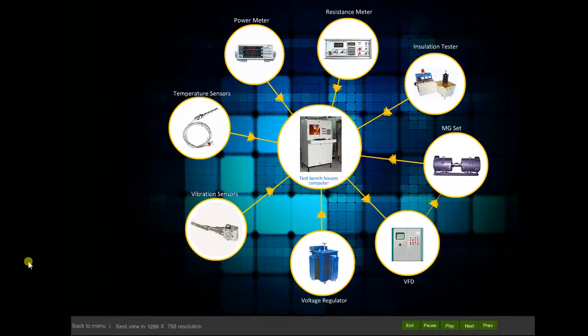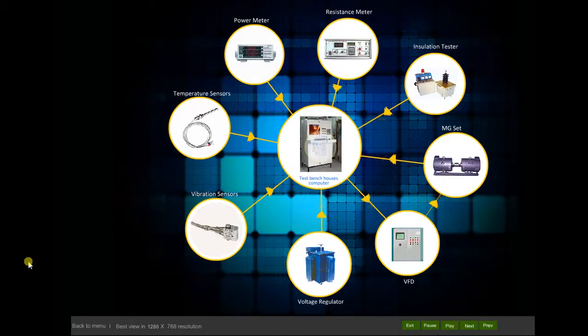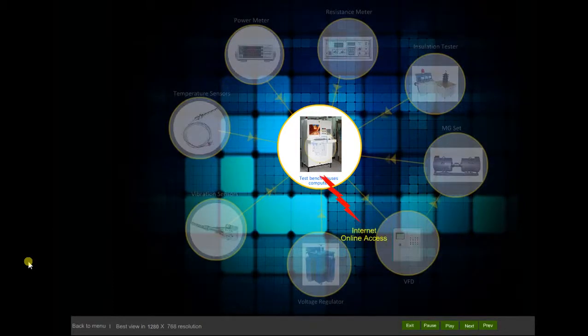The test bench acquires signals from temperature sensors, vibration sensors, load cells, photo sensors, etc. And the test bench monitors and controls all the motor testing equipment like isolators, circuit breakers, voltage regulator, MG set, etc. Motor Auto Test is internet-enabled for online access by customers.